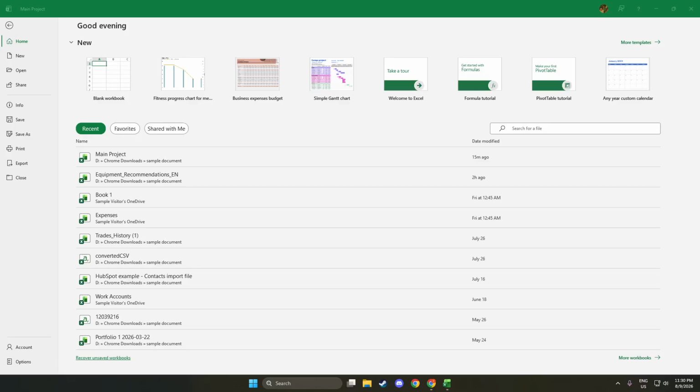First, make sure Excel is fully closed. That means no workbooks open and no hidden windows left running. If you can still see any Excel window on your screen, click the X in the top right corner until every Excel window is gone. On some computers, Excel might stay running in the background even when no window is visible, so give it a moment and check that the Excel icon no longer shows as active on your taskbar.